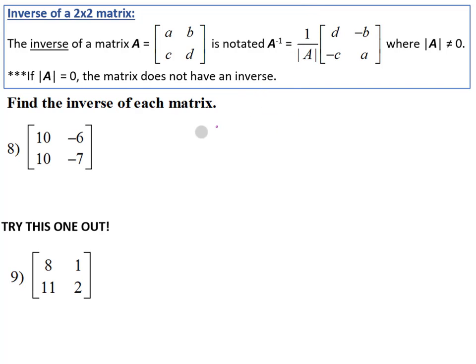The first thing we need to find is the determinant of matrix A. So we'll call this matrix A, I guess. So let's find our determinant by simply multiplying. 10 times negative 7 is negative 70 minus 10 times negative 6, which is negative 60. Minus a negative becomes plus a positive, and our original determinant is negative 10. So to find our inverse, we're going to do 1 over our determinant, 1 over negative 10, times